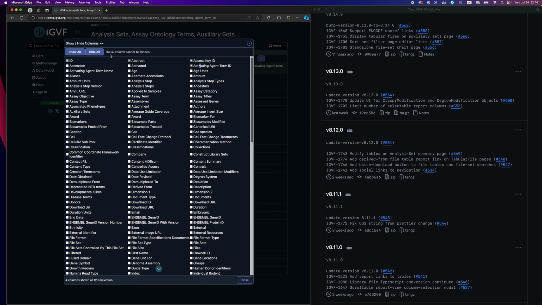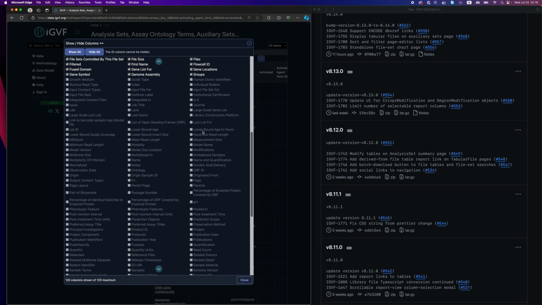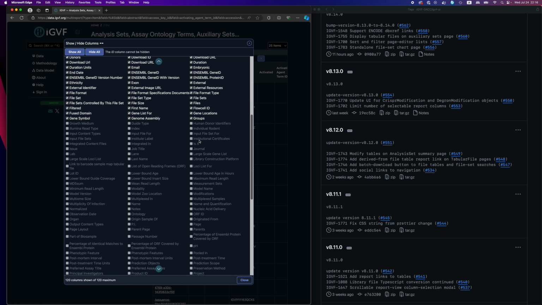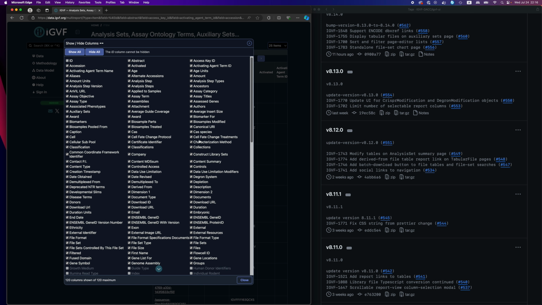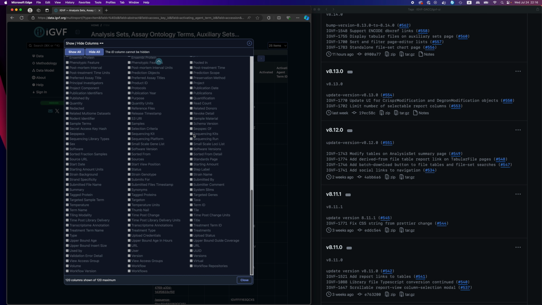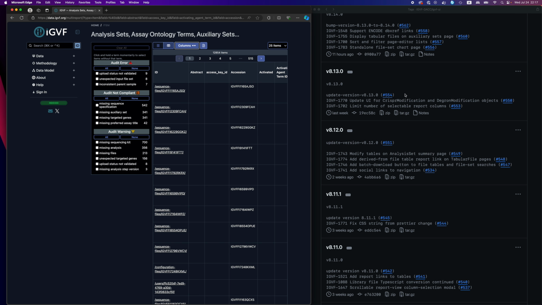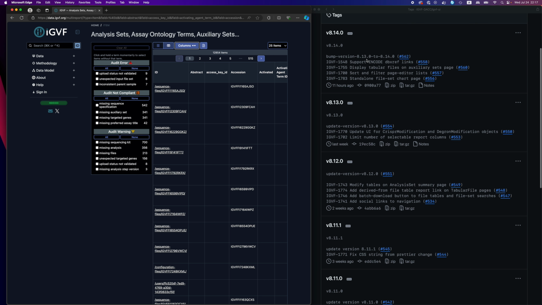And so now, when I say show all, it shows up to 120. Notice there's a whole bunch of columns that aren't selected and are not selectable because they're beyond the 120 maximum. So this is just to avoid a crash in a very, very unusual situation. Okay, now we go to